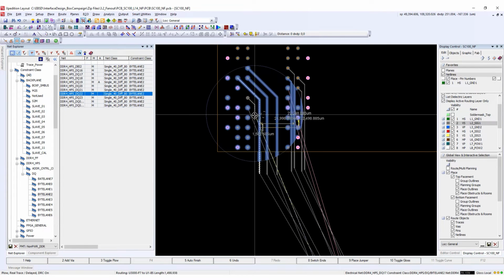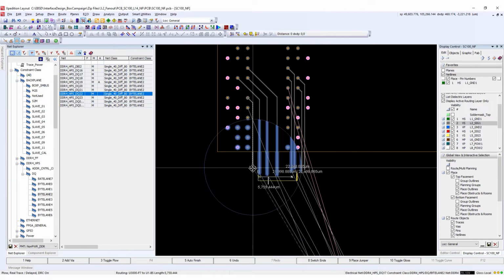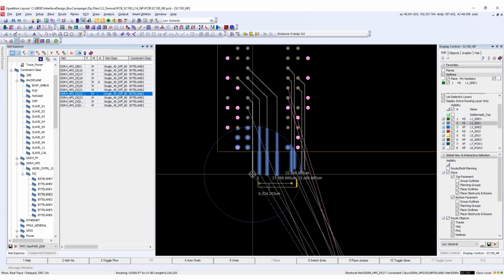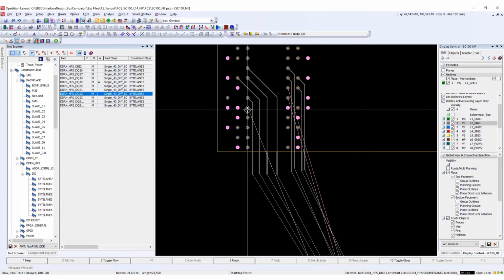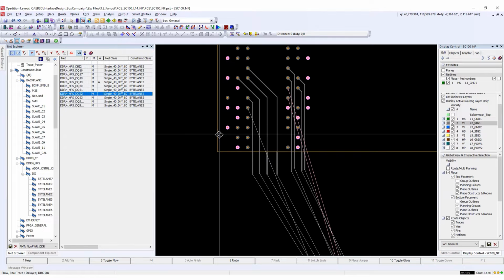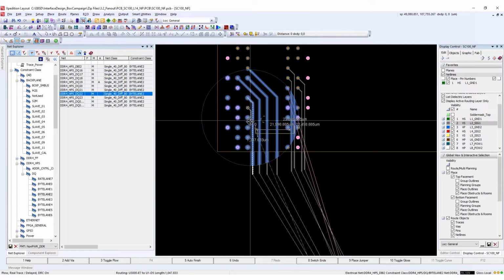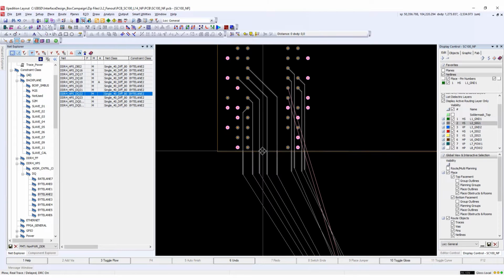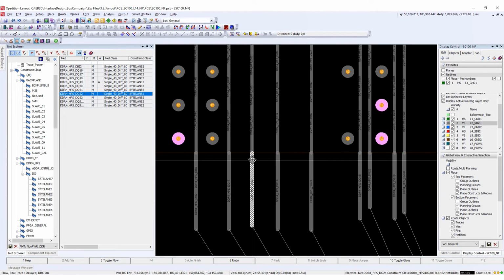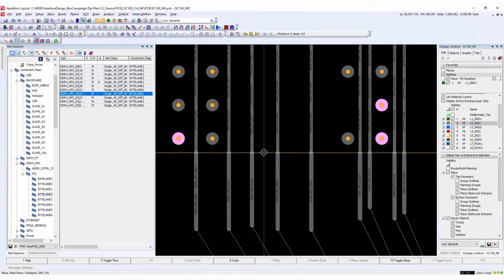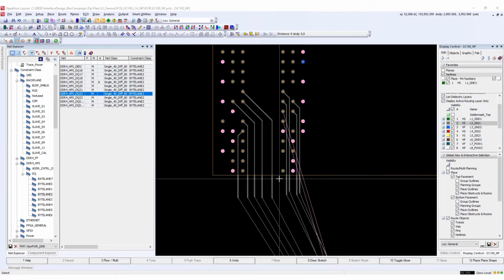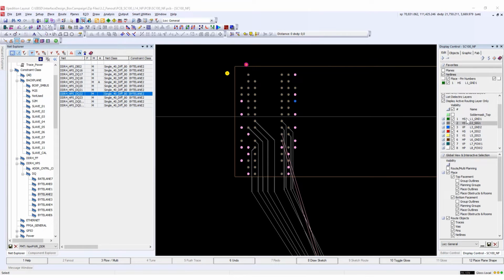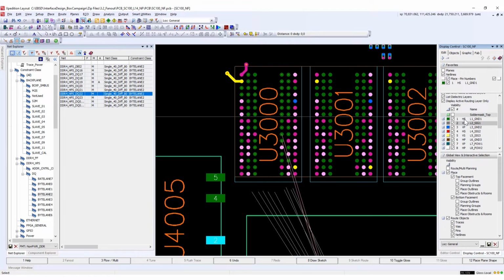The rule areas previously defined come in handy during this fan out and breakout stage by allowing relaxed physical constraints and smaller trace widths within the rule area. The yellow box seen here is the rule area surrounding the DDR chips, allowing us to have a smaller trace width within the rule area. Notice that the trace width returns to its original constraint once it reaches the threshold of the rule area. The breakout of the first byte lane has been completed.